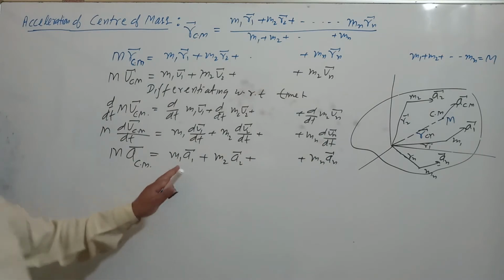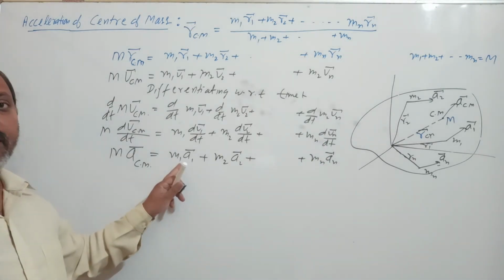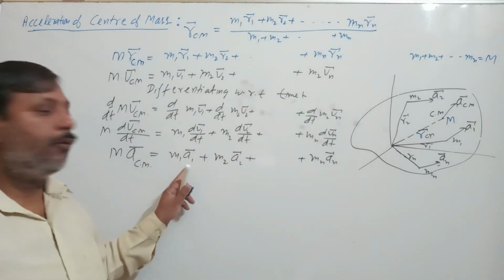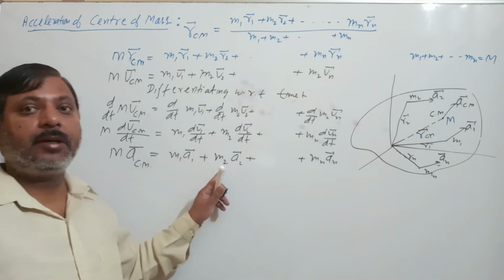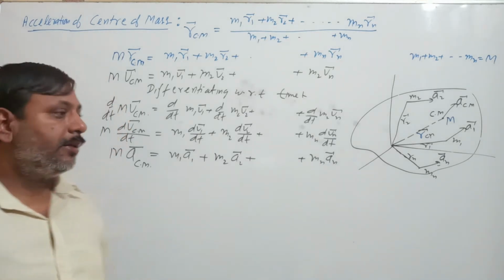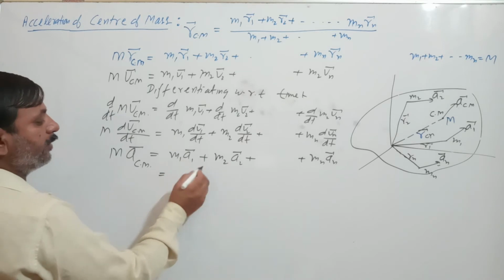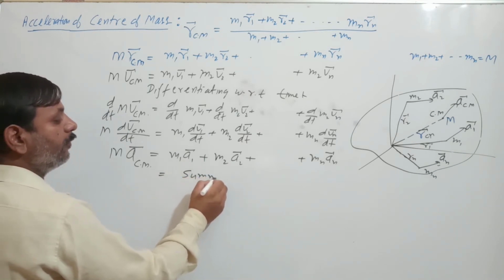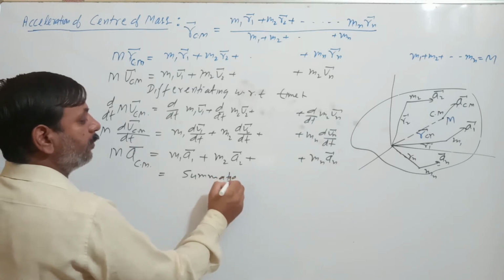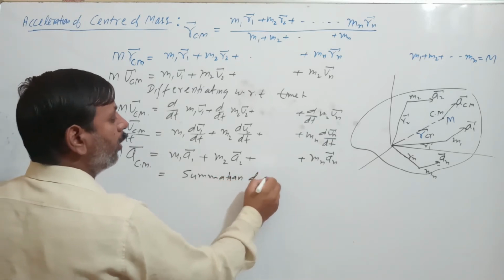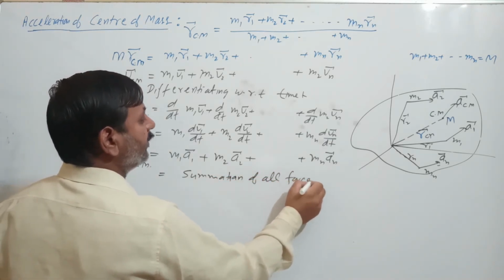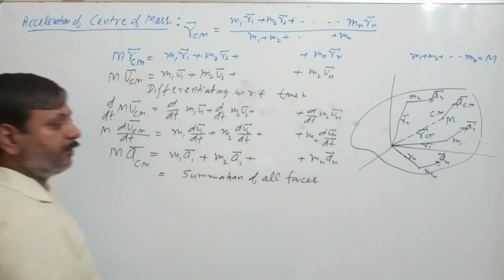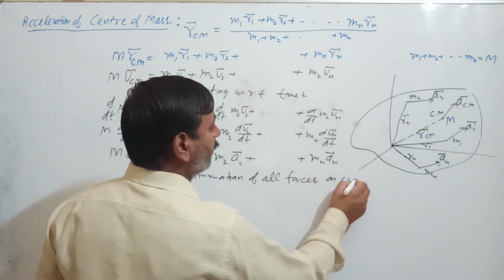Here one thing we can also say: m1 a1 is the force on mass m1, and similarly the force on mass m2, so we can write the summation of all forces on the system